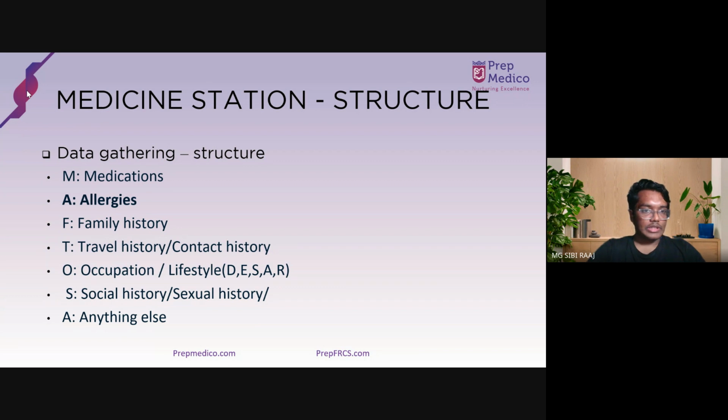Now, coming to past history, usually in the UK, a lot of people have allergies to a lot of things. So we have a mnemonic again for past history called MAFTOSA. The medications they've been previously taking, allergies, family history of diseases, or if they have a twin who has a history of disease, and travel history and contact history. In a lot of infectious disease cases, you ask the patient, have you traveled to a certain country like South America or Africa where a certain disease is prevalent, like malaria or any other infection,